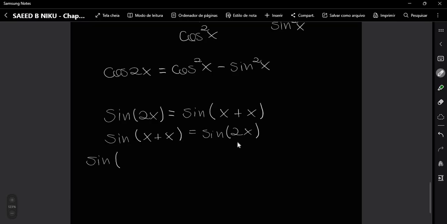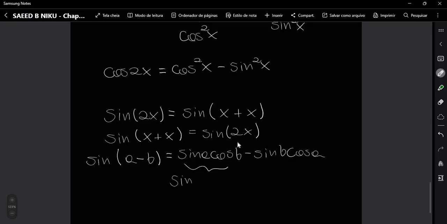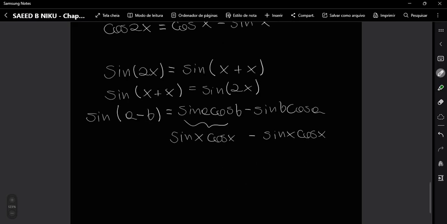So the identity says that sine of a plus b is equal to sine of a times cosine of b plus sine of b times cosine of a, and having the angles or the arcs be the same, we can write that sine of x times cosine of x plus sine of x times cosine of x,